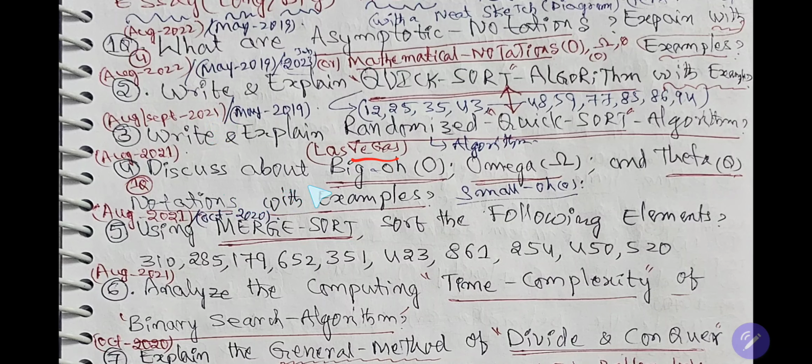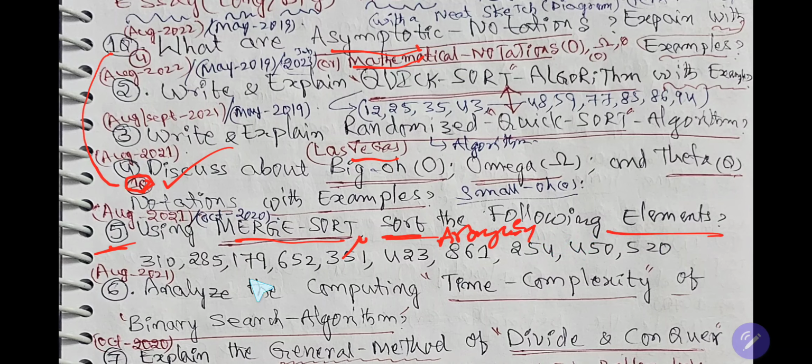And fourth question discuss about omega, big O and theta notations with examples. This question, and see I wrote here, first two questions are the same. Write about asymptotic notation, or see here mathematical notation means this only. Fourth one and first one are same. And fifth question using merge sort, sort, merge sort means